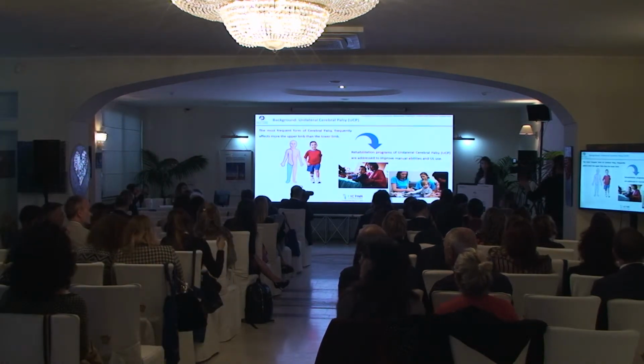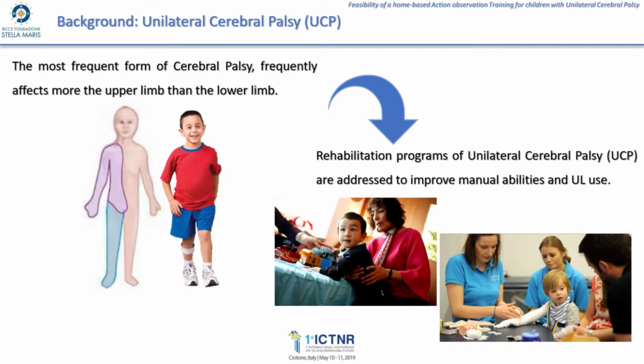Good morning, everyone. We know that unilateral cerebral palsy is the most frequent form of cerebral palsy and is a pathology which involves one side of the body, mainly the upper limb more than the lower limb. That's the reason why rehabilitation programs are mainly addressed to improving manual abilities and upper limb use